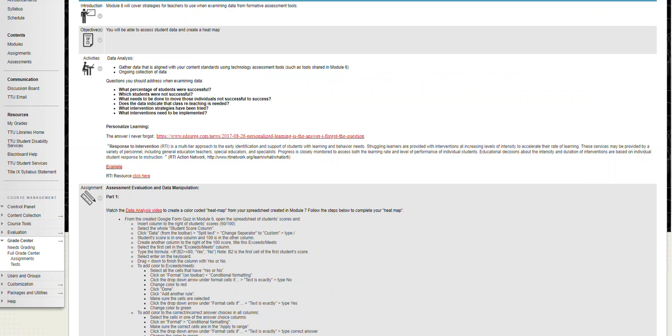In the module, you can see some information on data analysis here. You'll also see some questions that you'll address. We'll get to those in just a minute. On personalized learning, you have a resource here that you can look at, and then it talks about response to